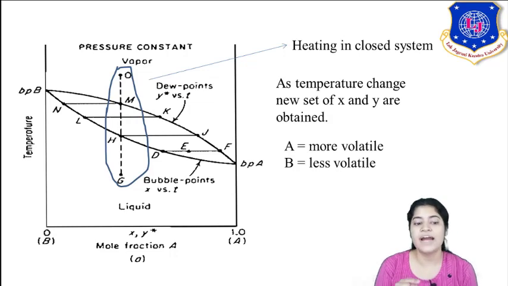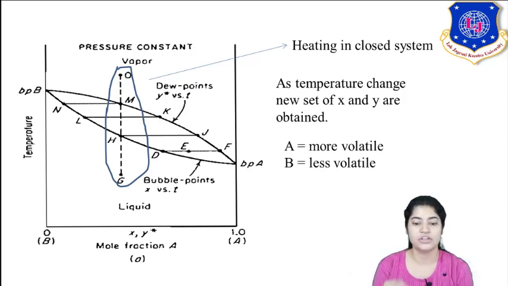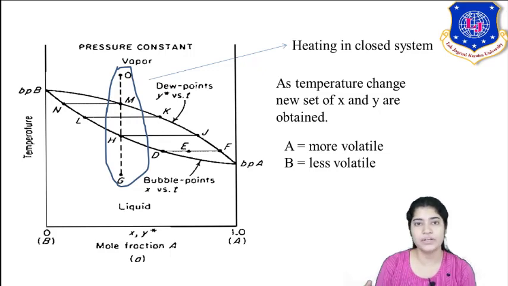Now talking about M point, what does that M point show? It shows that now all your liquid has been converted into vapor. Now as I'm heating it further from M to O, you will study in the next lecture that the O condition is called superheated vapors. At M point all my liquid has been converted into vapor. Now as I'm heating it more, it is in superheated condition. So that would be the next lecture. So you can see how my equilibrium compositions change with temperature.